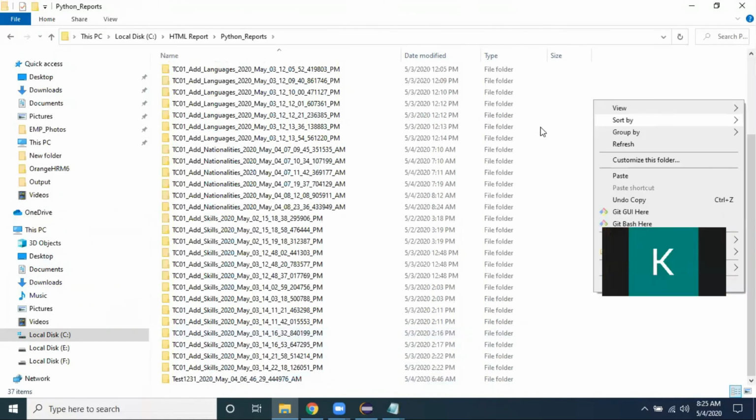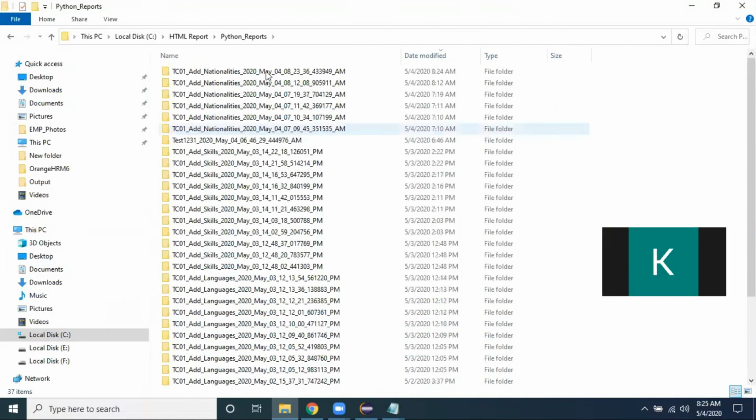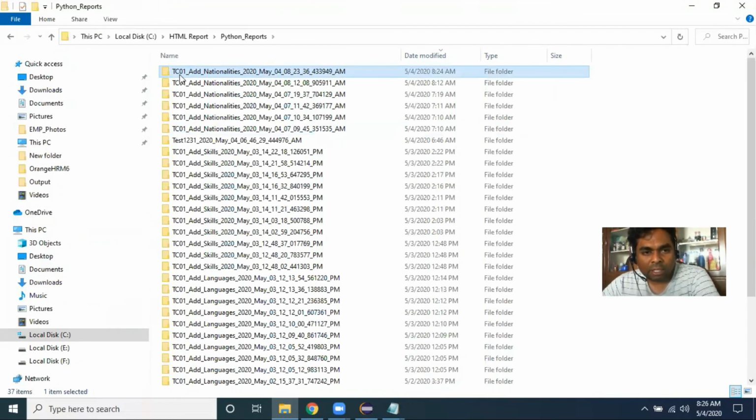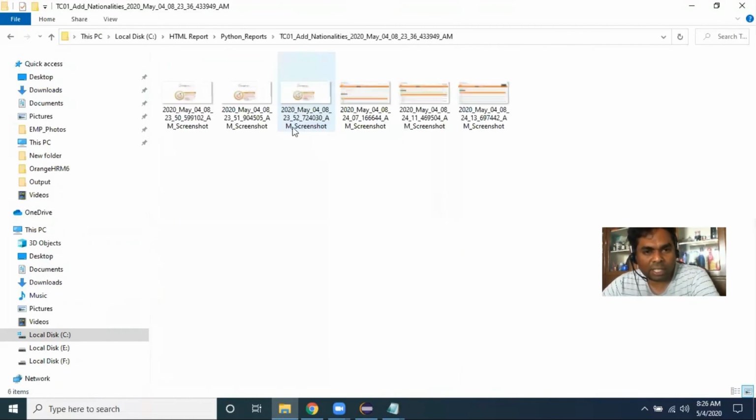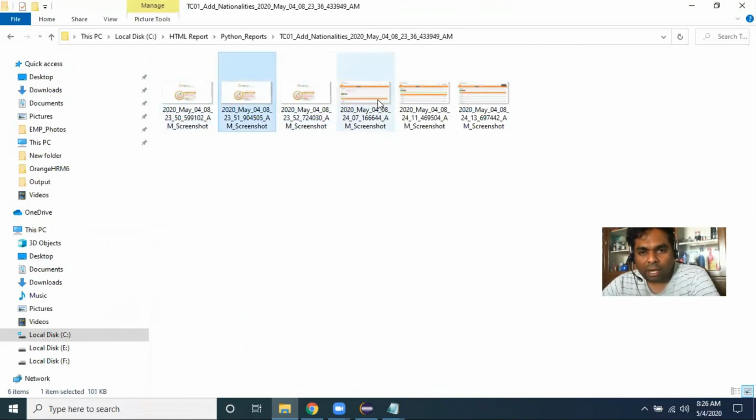Sort by date modified. So just now I executed my test TC01 add nationalities. This is May 4th and 823. Just now this folder is created. So for my target test case, my login method contains login screenshots and add nationalities contains add nationalities and logout screenshot contains logout, like this.